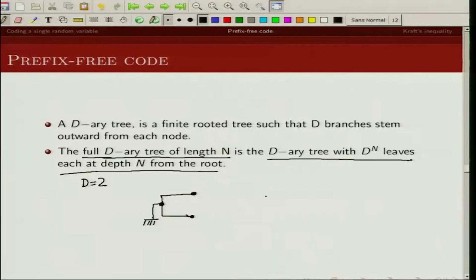Now, if I draw a tree like this, you can see these nodes are at depth 1 and then you have leaves at depth 2. The leaves are basically nodes from which there is no branch getting out, and this is depth 1, this is depth 2. Similarly, I can have